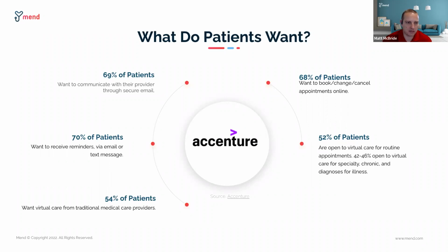So this is just one example, but 69% of patients want to be able to communicate through secure email with their providers. 70% want reminders via email or text. 54% want their doctor to deliver their care and not just some random doctor, somebody that knows them, has their information and that they have a relationship with. 68% want to be able to book, change, or cancel their appointment online. And then, 52%